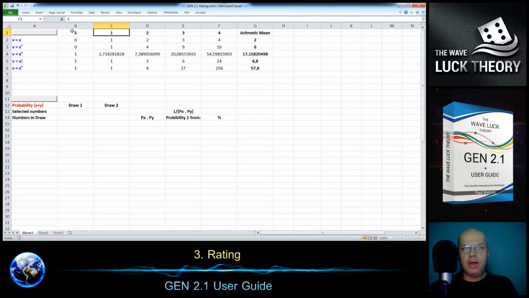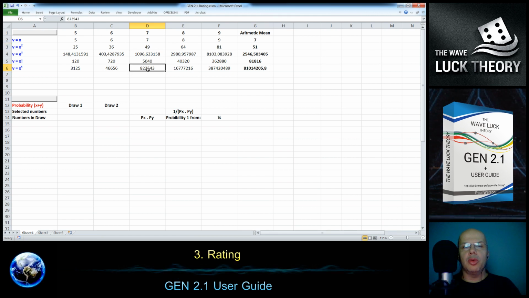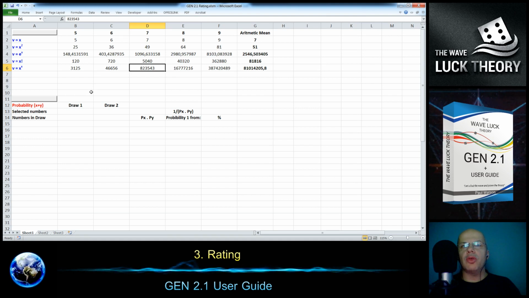hits. So 5, 6, 7, 8, 9, and recalculate the value, and we are getting much more values for more hits. If you have, I think this is one of the most difficult lotteries, to hit 7 numbers, you are getting in this last rating method x on x a really high value here. So this is how we are getting the value. As you compare the value we had originally, it's 7, but selecting a different method we have, for example, 49 or more. But furthermore, we have a final rating method by probability, and if you imagine that we should